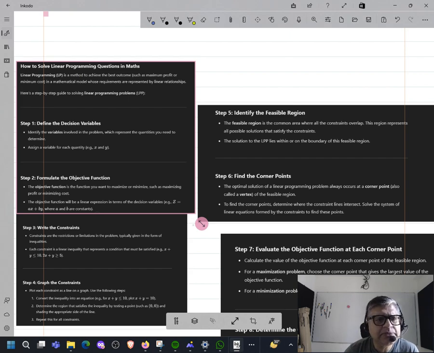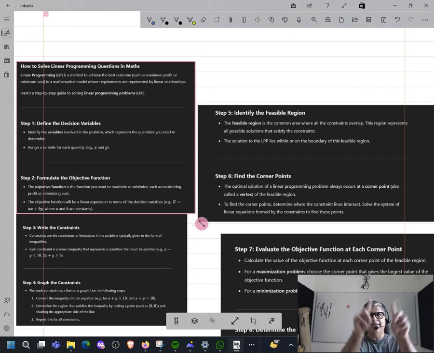Okay, let's move forward. So what are we trying to do? We want to get the best outcome for something, which is our objective function: maximization of profit, least cost, least loss. Okay, first step, define the decision variables, which means what? In the question which we did earlier, we were discussing that tables and chairs were to be decided. How many tables should I buy? How many chairs should I buy? Right? Those become decision variables.